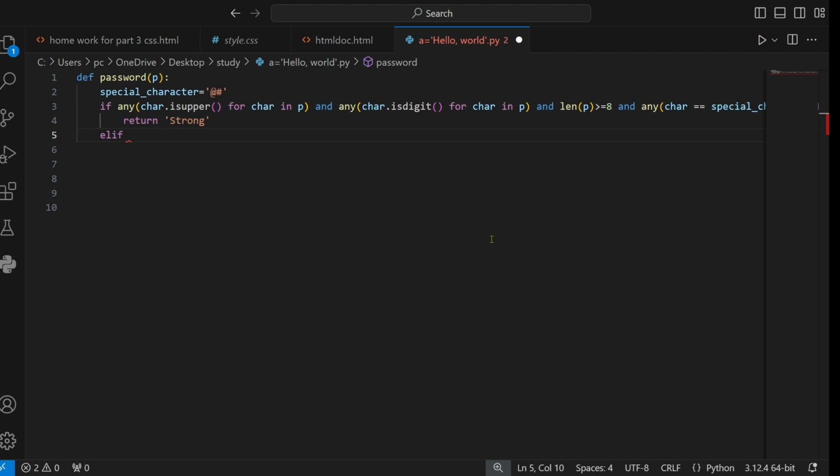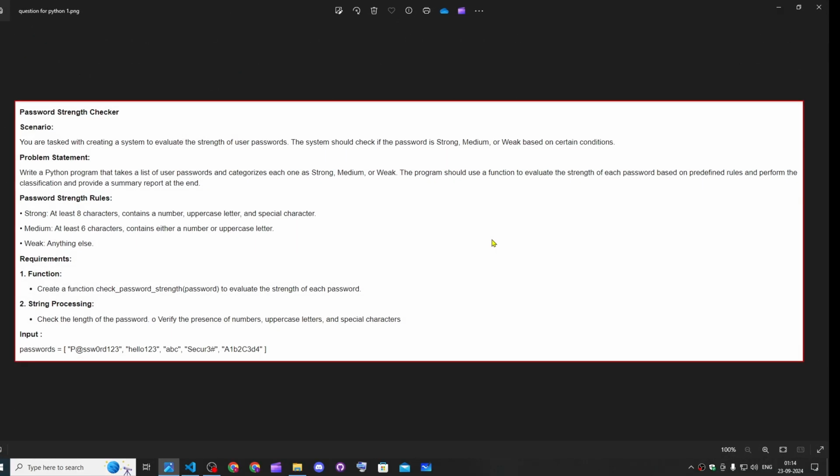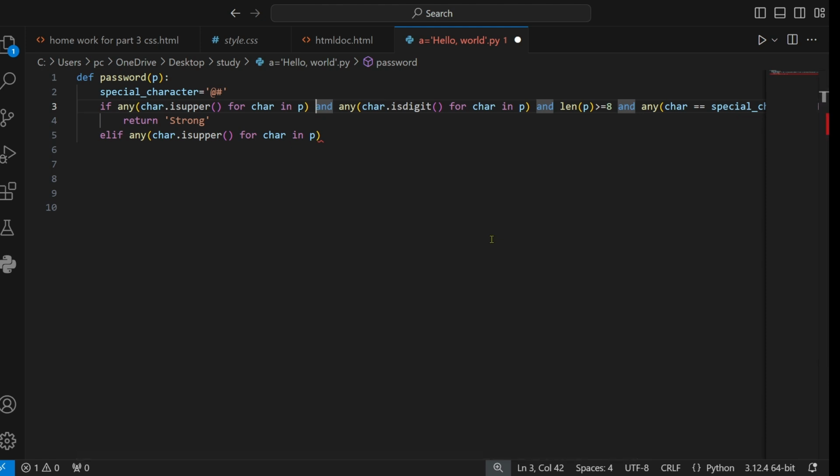Okay, so one uppercase condition is there, so let's take it, and one what it is, uppercase, and what else it wants, it wants uppercase or a number. Okay, number. So let's take also this,